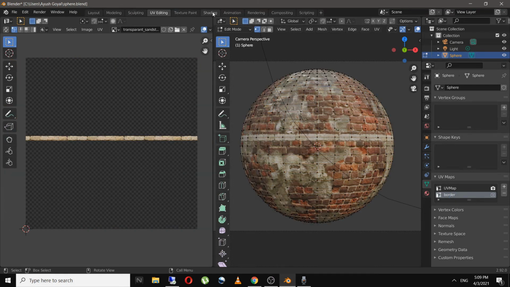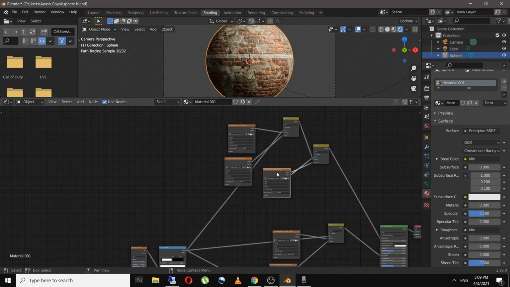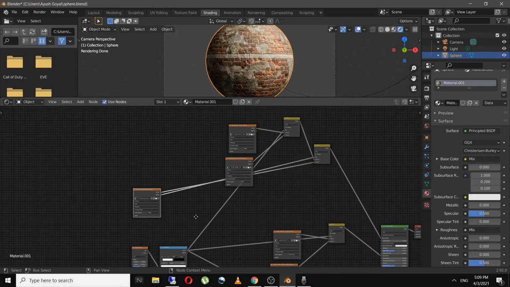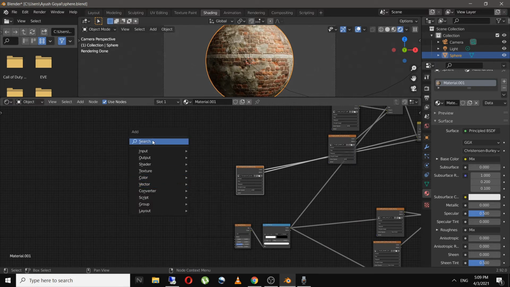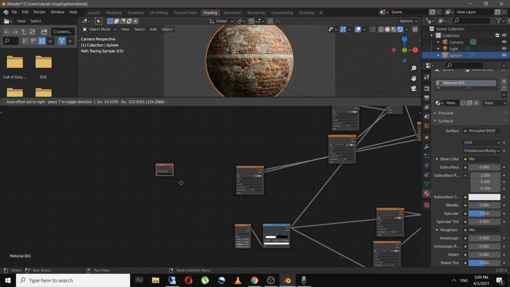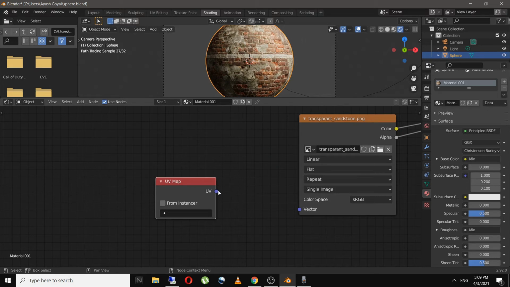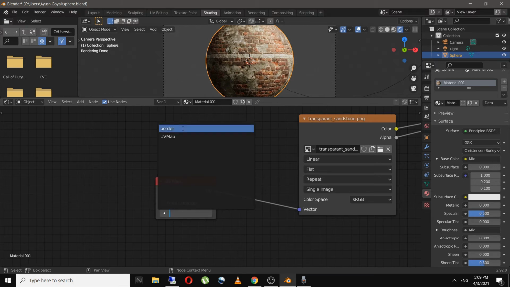And in the shading tab, I will move this over here and add in a UV map just over here, and I will connect this UV to the vector of the transparent sandstone, and in here I will select the border, save the file.